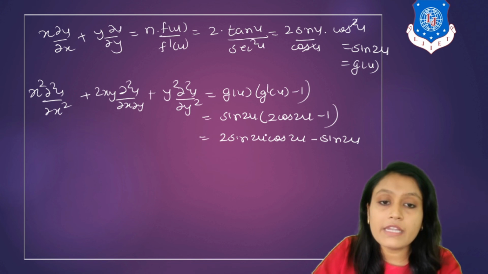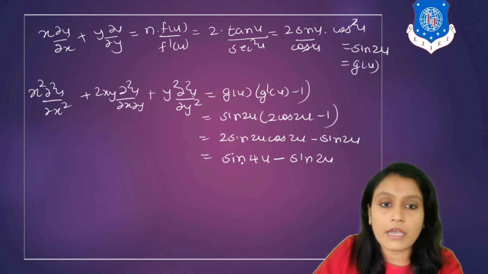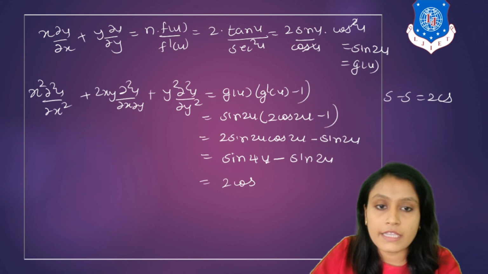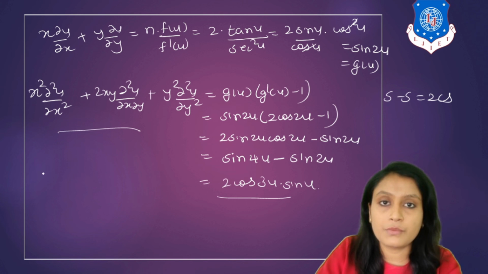Okay. Now we will apply the formula 2 sine 2u into cos 2u. It will give you sine 4u, right? Sine 4u minus sine 2u. Okay. Now again we have to apply this formula, that is sine C minus sine D is what? 2 cos C plus D by 2 into sine C minus D by 2, right? So you will get 2 cos here 4u plus 2u, that is 6u divided by 2. So you will get 3u into, now 4u minus 2u, that is 2u divided by 2. So you will get here sine u. Okay, so the answer of this term is what? 2 cos 3u sine u. Okay, this is what we want to prove.